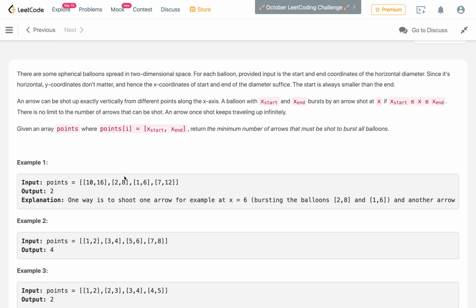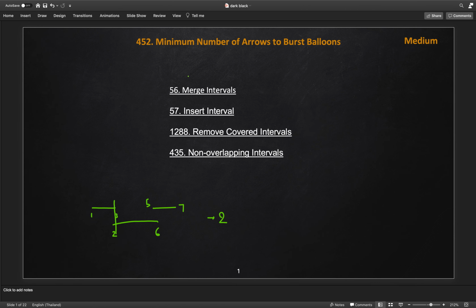This problem is very similar to a set of problems we have solved in the previous challenges, and we solved a similar problem in the October challenge itself. If you have solved any one of those solutions, then this problem is straightforward. You will easily get the idea and solve it.